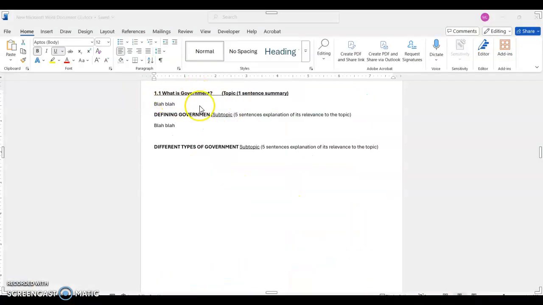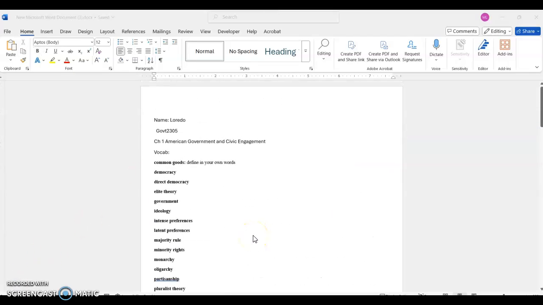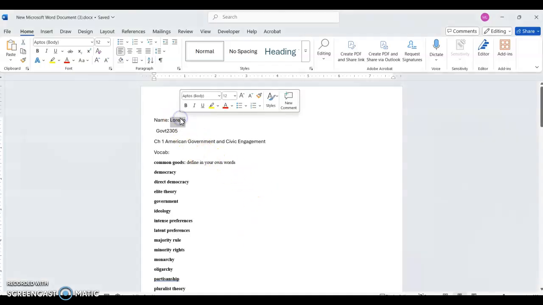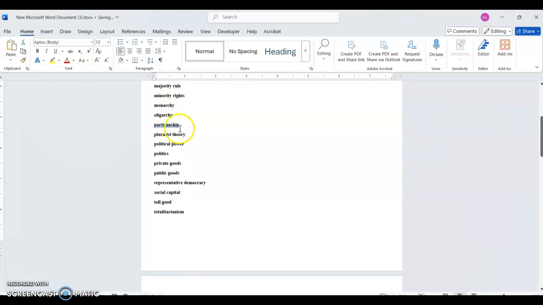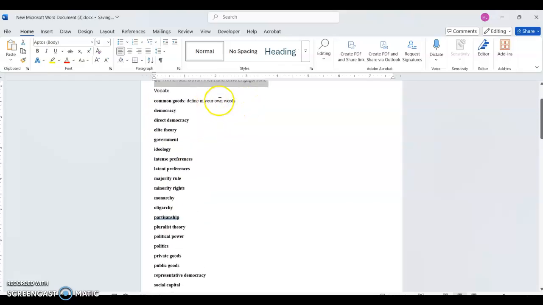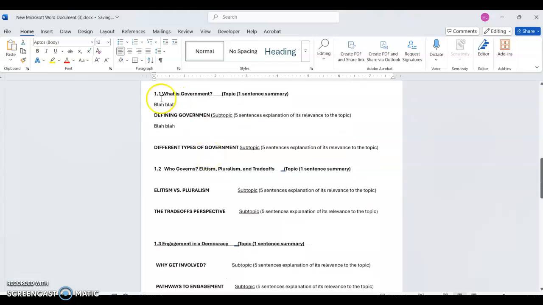So again, that's how you essentially create an outline. You're going to do that for every topic and subtopic for every chapter. So essentially, your first outline should roughly look like this. The name, government, the main idea, which is chapter 1, American Government and Civic Engagement, your vocab defined with your own words, and then